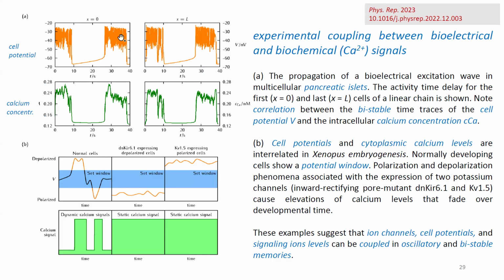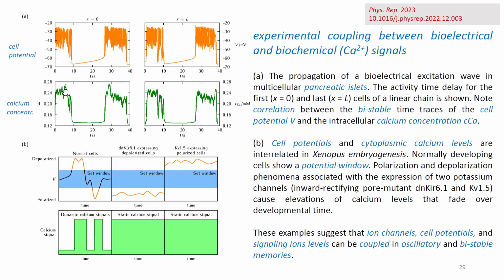Here there is a clear bistability between a depolarized value of the cell potential and a polarized value of cell potential. And remarkably, there is a clear correlation between bistable cell membrane potentials and bistable calcium concentrations. Remember here that calcium is a second messenger, a signaling ion. And this bistability, and in particular this correlation of the bistability between cell potential and calcium concentration, should be significant